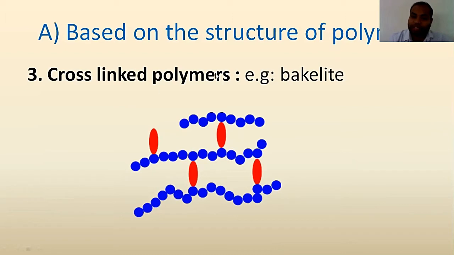or then it can be considered as a cross-linked polymer. An example is bakelite, that is one thermosetting polymer. That means they cannot change their property in terms of heating, and thus they are used in switches. Okay, so the plastics or substances that we see in everyday life in switches are nothing but cross-linked polymer, that is bakelite.